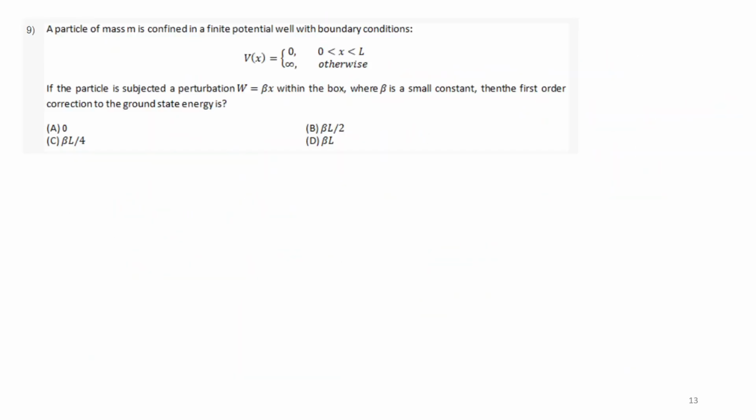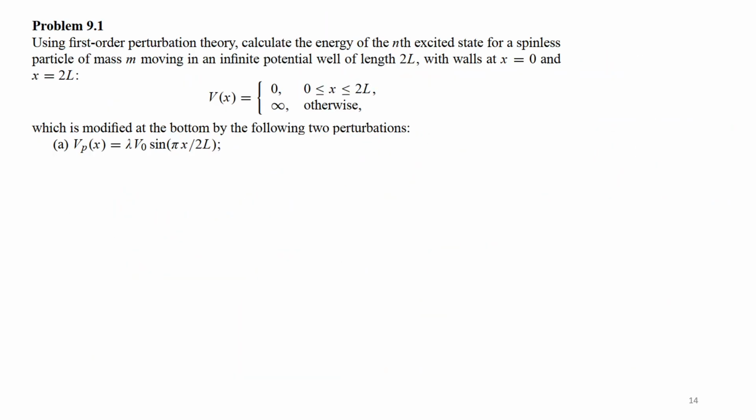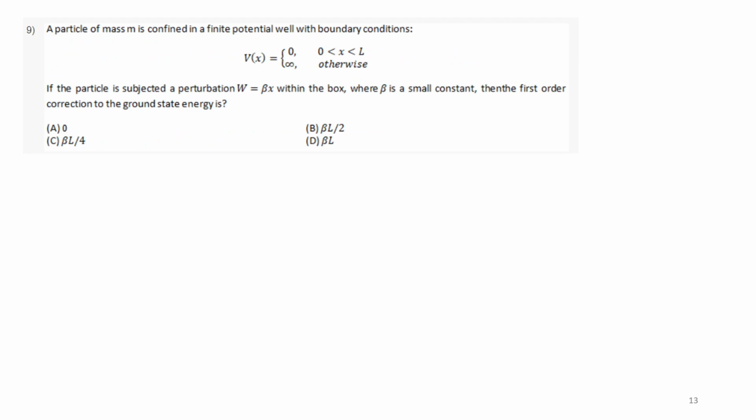Okay, so we have one more question, and I had a lot of numerical problems that we can solve the next day. But let me at least solve this question number 9 now. So a particle of mass m is confined in a box, again the same, just you need to see the first order correction, which is going to be